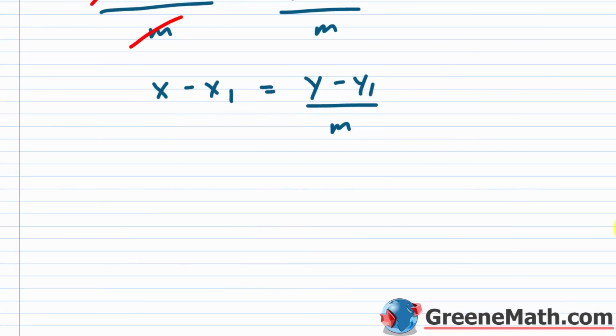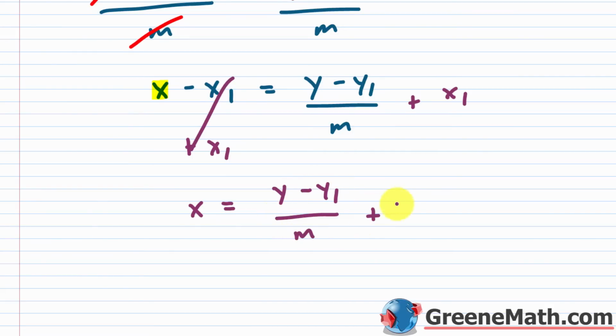Let's slide down here a little bit. Well, what's being done to this x is I'm subtracting away this x sub 1, so I need to undo that. So I'm just going to add x sub 1 to both sides of the equation, and so this cancels. And we have x is equal to y minus y sub 1 over m, and then plus this x sub